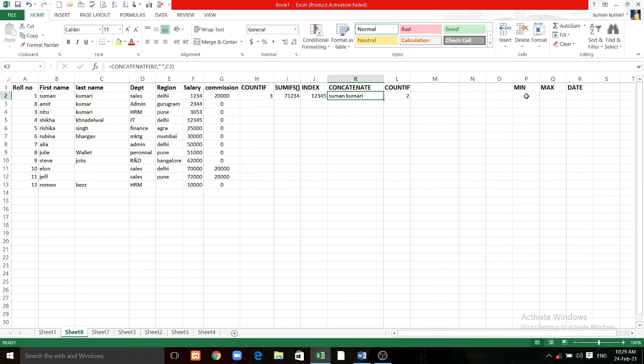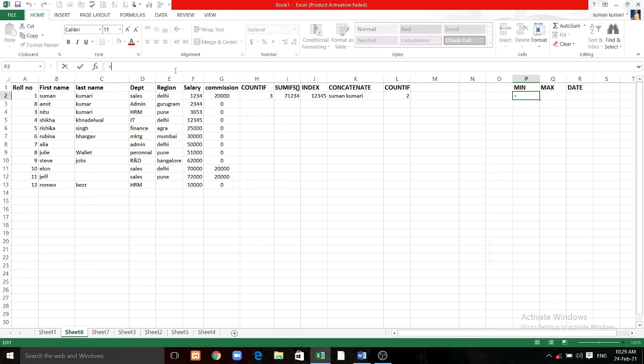So the next function is the MIN function. The MIN function gives you the minimum value of a cell range or anything. It will give you the minimum value. Like I want to find out which employee is getting the minimum salary, which employee is earning the least.